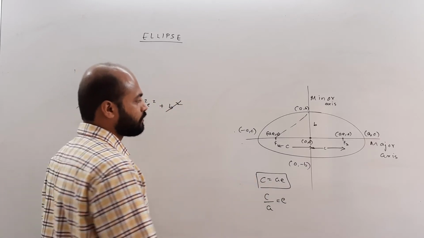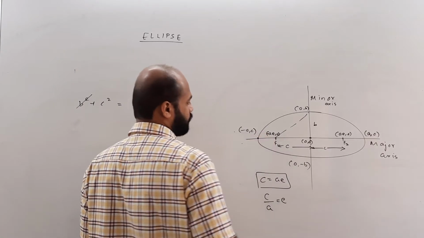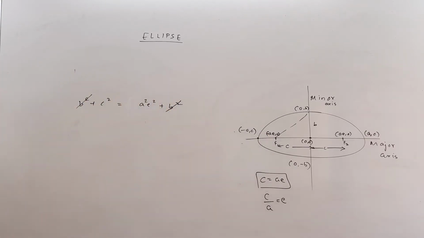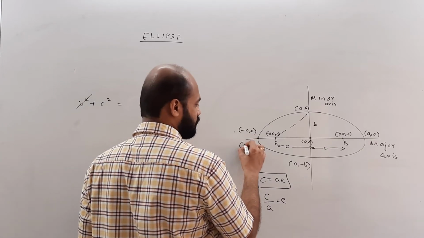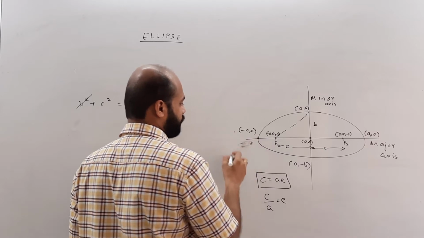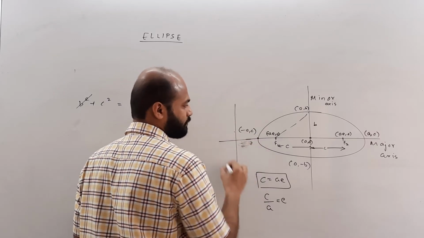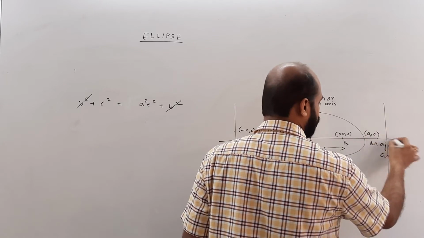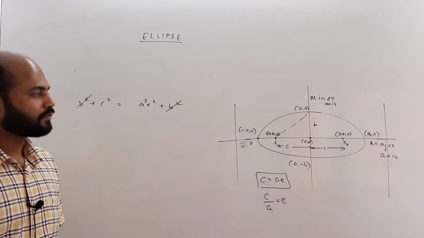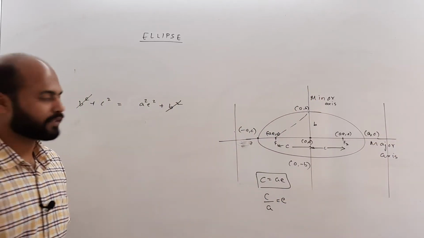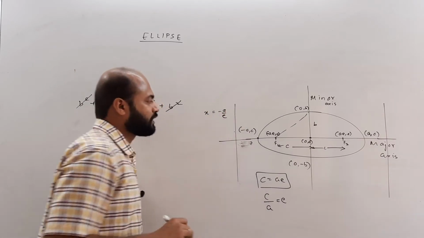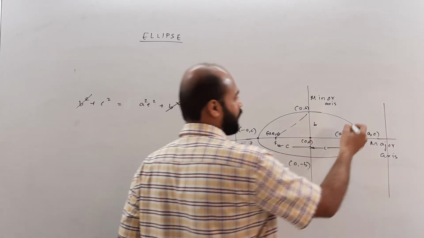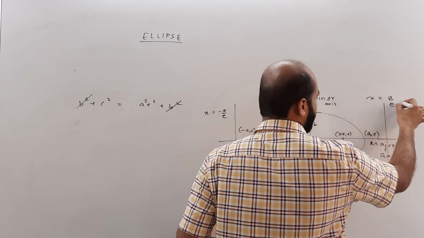Now once we find that, eccentricity, as we know, is given as c by a, and this point we can write as (minus a, 0), which is already written. Here I am going to draw a directrix, and the directrix is over here also. So basically there are two directrices in the case of ellipse. This directrix is given as x equals minus a by e. This is the equation of this directrix, and the other directrix would be given as x equals a by e.